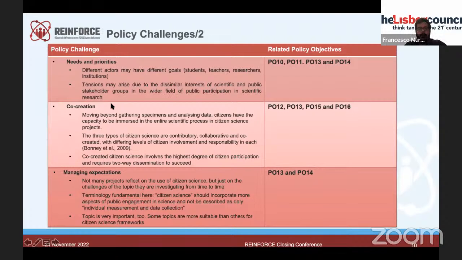Co-creation is also one of the policy challenges related with the fact that citizen science is really the highest degree of citizen participation into scientific research, because it entails a real research carried out also by citizens.